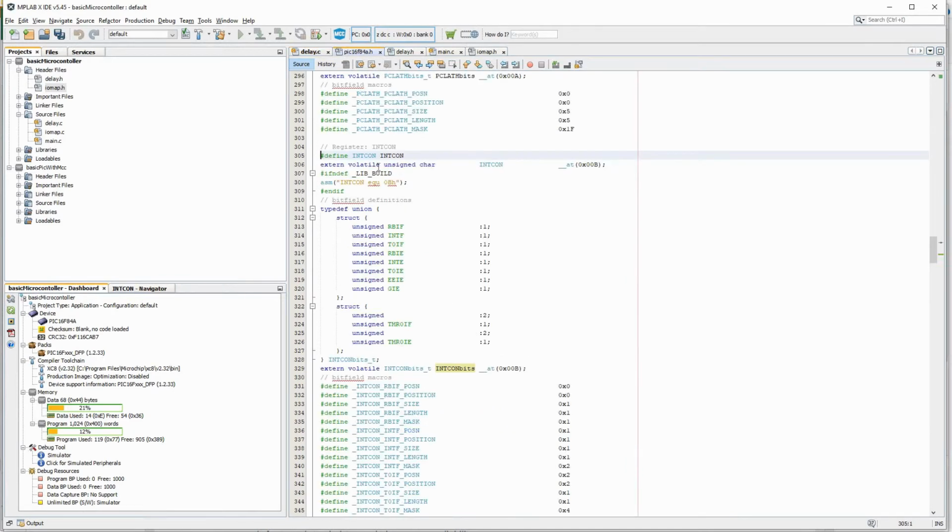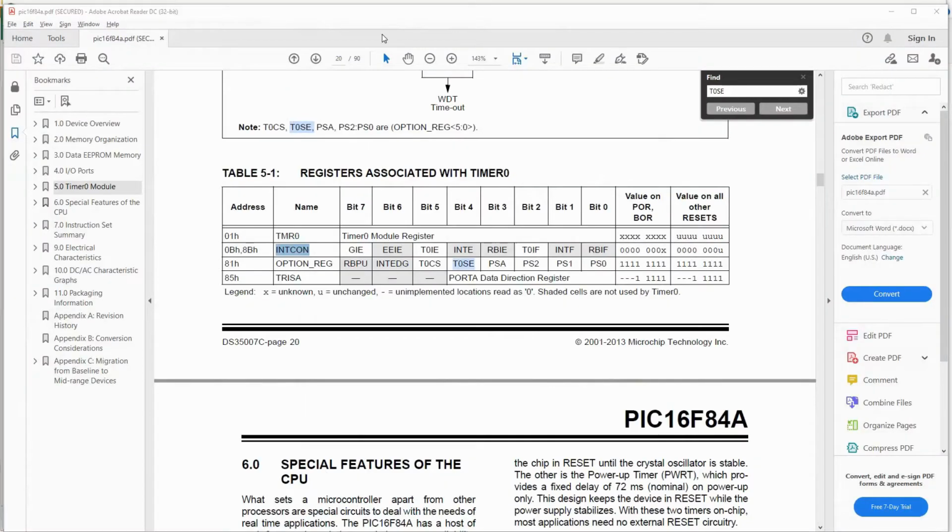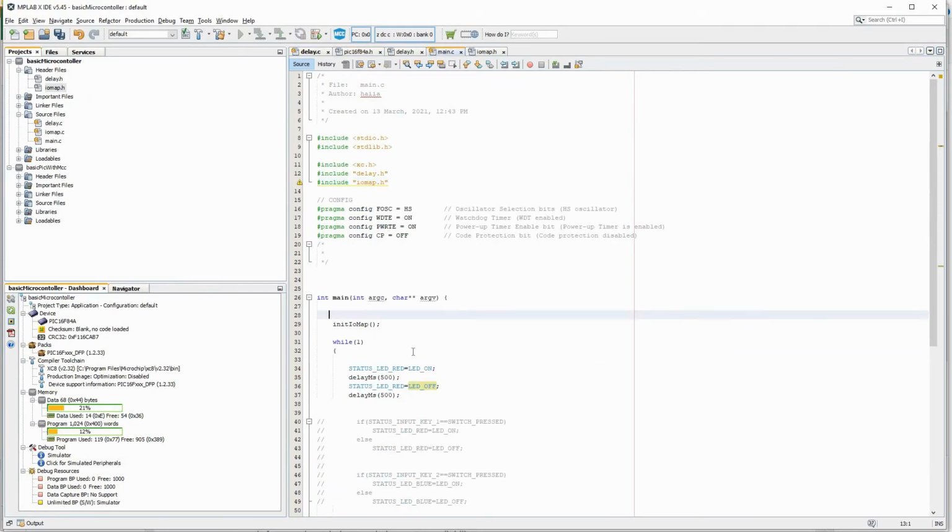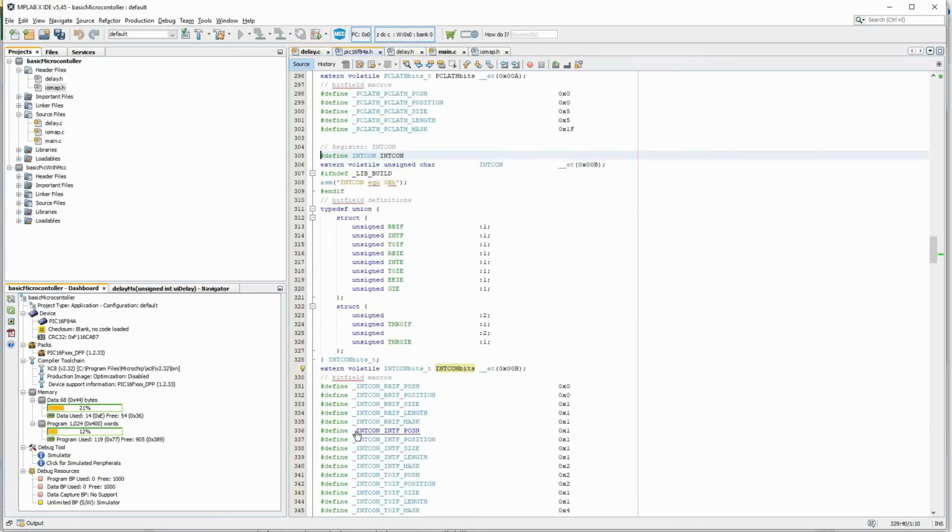Let me see, INTCON. I'm not going to use INTCON because then I have to set all the other registers. If you go to the structure of that one, basically what I'm doing here is, to come to this one, I'm just Ctrl-clicking on this. So it will go to the internal file where all of this has been defined. Here I'm going to select this, and not this. If I select this, I have to set all the remaining things also. If I'm able to use this structure, then I can select whatever I want exactly.